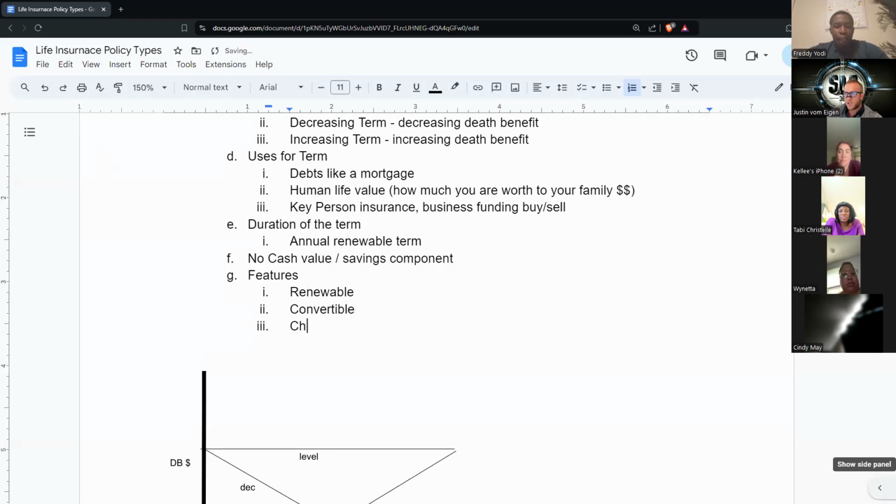Term insurance is always cheaper than whole life for the same benefit amount. Because think about it, term is not a guaranteed payout. Like if you get approved for a term, there's like a 98% chance you're never going to file that claim, which is a good thing. You want life insurance to be the worst investment of your life. Because it means you want the lowest ROI possible on that life insurance, because it means you lived a long time, right? If you have a high return on your investment for life insurance, you didn't live too long.